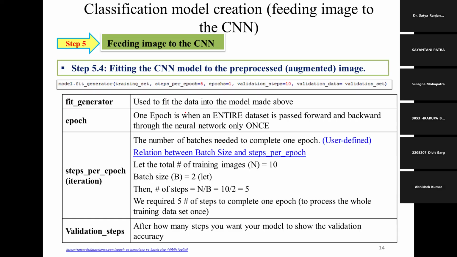In the second round, or epoch two, the model sees all 100 images through these 10 batches. If epoch is 3, then in the third round the model sees all the 100 images through 10 batches. So epoch is how many rounds, or how many times, you want to show your 100 images to the machine.